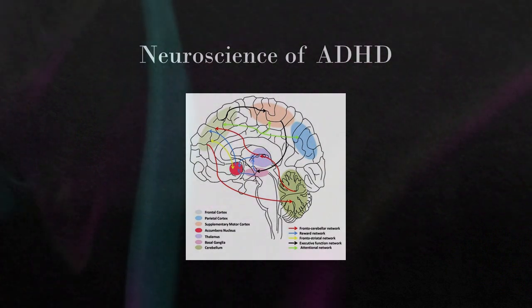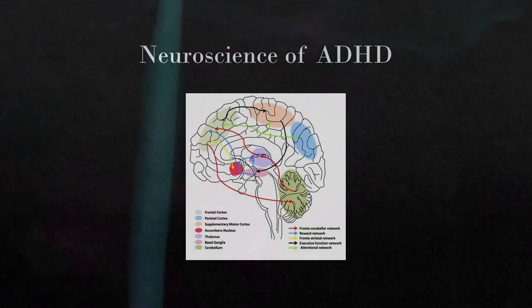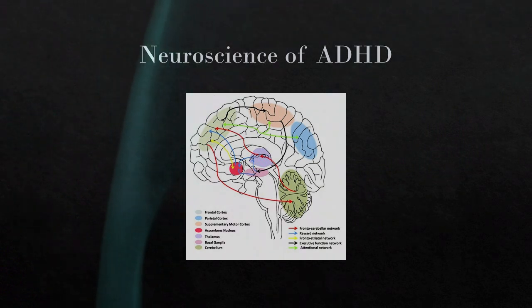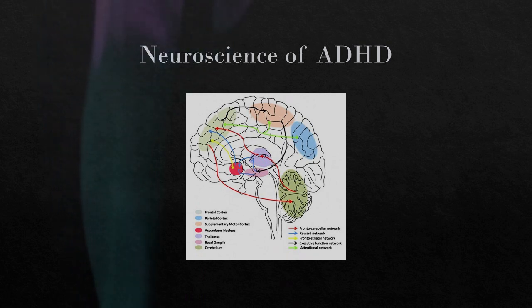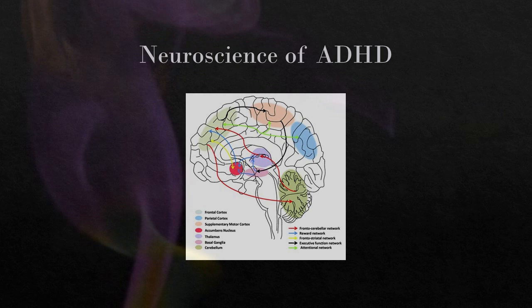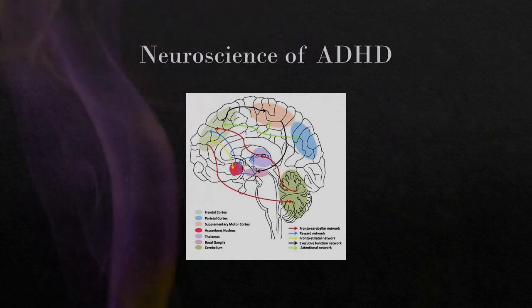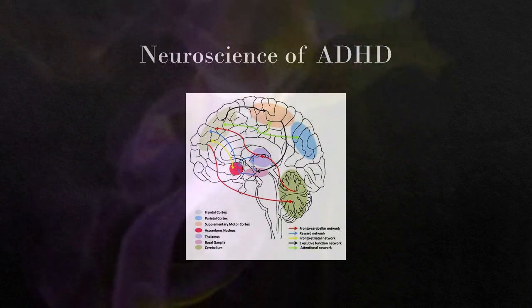And so dysfunction in this circuitry can affect the coordination of cognitive processes and motor activity, which can make it more difficult for a child to focus, to work through things on an executive level, on a cognitive level, for planning and that sort of thing. So we need to be mindful that things are just a little more difficult for them.